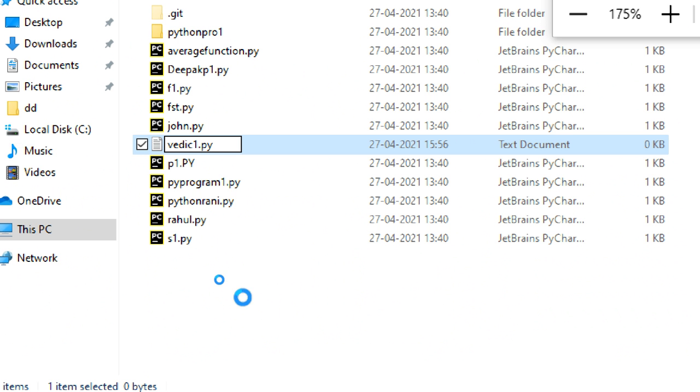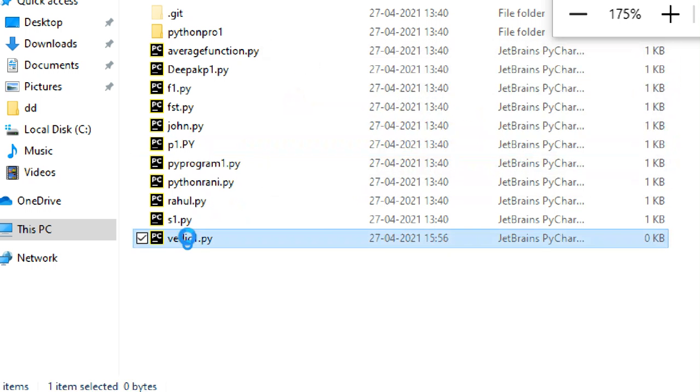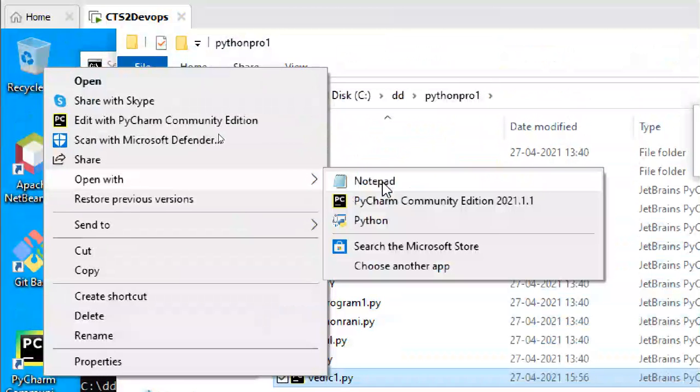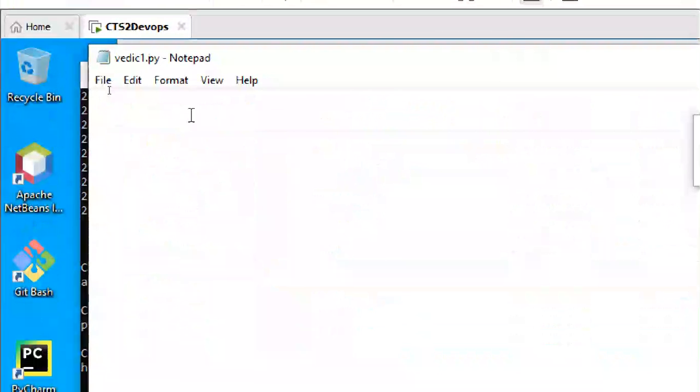Vedic.py. If you want to change it, right click and open with Notepad only, because if I open with another tool it will open differently. I'm typing print, hello Vedic.